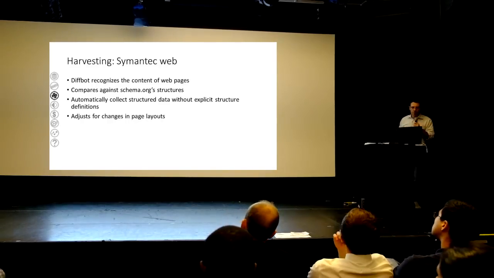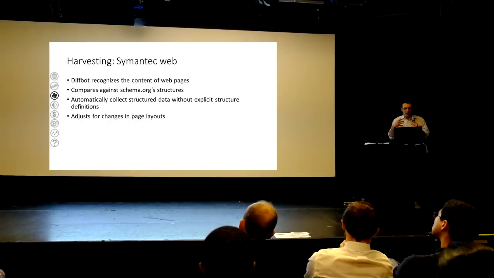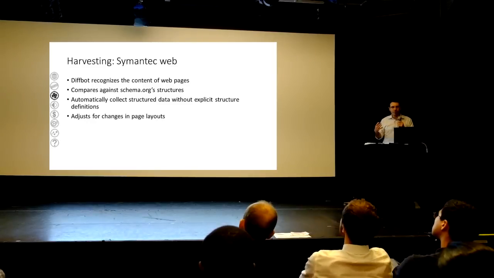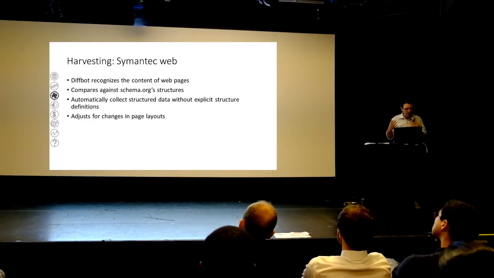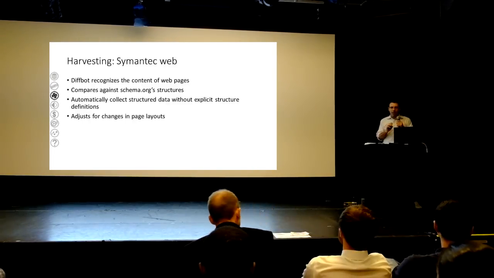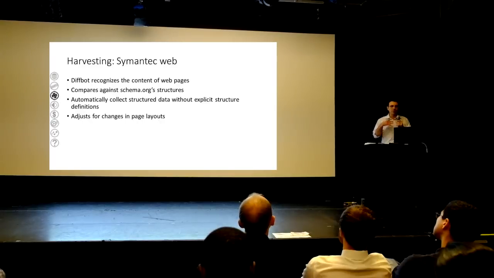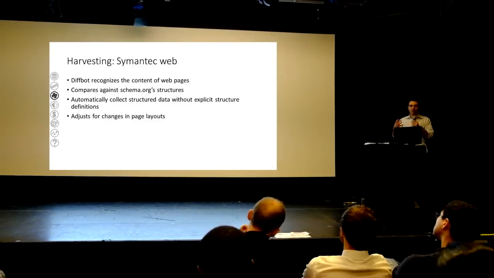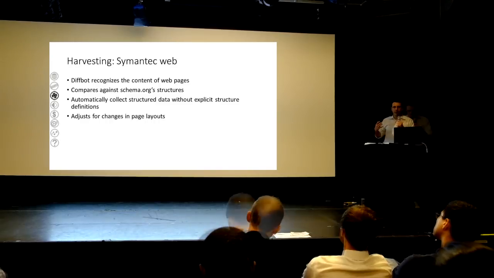Okay, so a really exciting development, this idea of the semantic web. This idea has been around for a while, but now there are actually tools that you can get, like DivBot. I don't know if anybody's heard of this tool, but what they do is they basically automatically structure the content of a web page. You point DivBot at a store listing web page, it knows that it has to look for a store opening and closing hours, the location, the address. It will automatically parse that information into the database for you, so you don't have to write those regular expressions or XPath to get to the nodes. So it's like an order of magnitude better in terms of cost and everything.